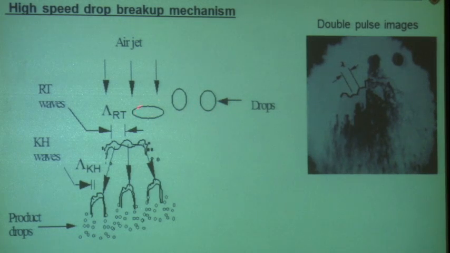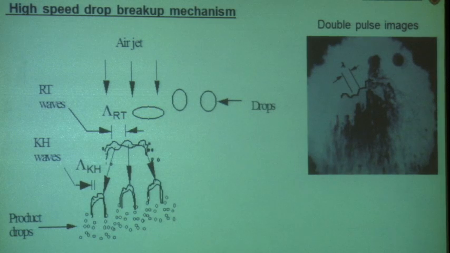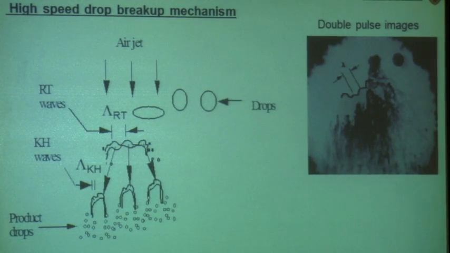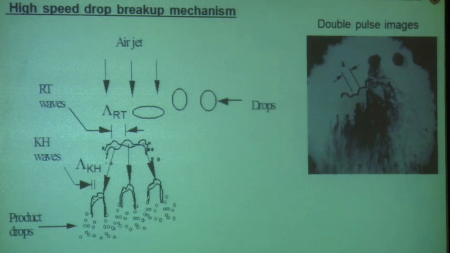Round droplets become flattened by the dynamic pressure of the gas acting on the stagnation point of the jet. This distorting drop suffers incredible acceleration, going from no velocity in the vertical direction to the gas velocity, which is close to sonic velocities in this case. And this leads to what's called Rayleigh-Taylor instability. The same instability that you see if you turn your coffee cup upside down, right? The acceleration of gravity causes that uniform surface in the coffee cup to be disrupted,